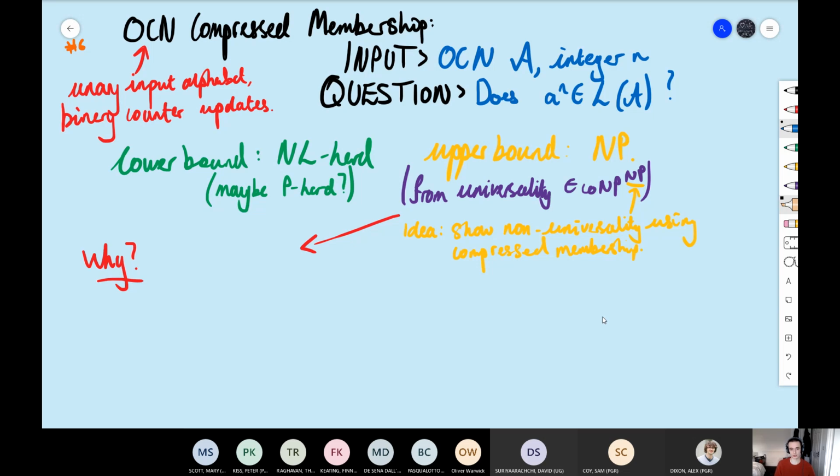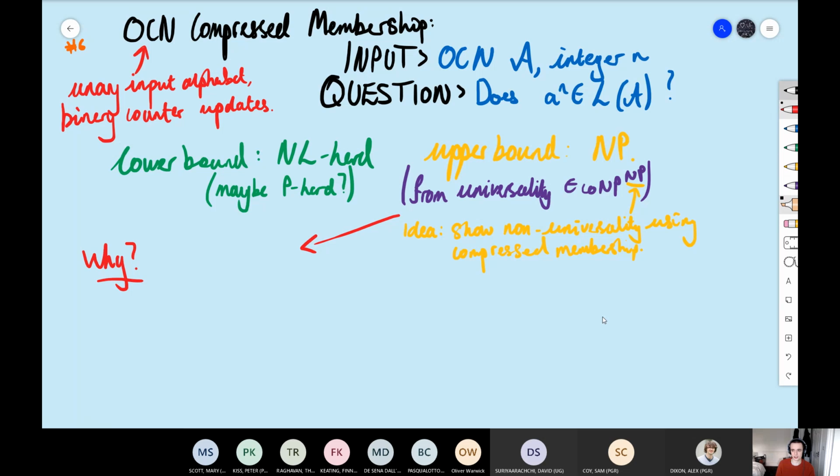So let's look at the upper bound. I've stolen this from the paper that I've been reading about the universality of these machines. The way they showed this result, the coNP-to-the-NP membership, was that you guess a counterexample to universality in the coNP setting. Then you take that counterexample and verify it using an NP oracle. But you need to make sure that the problem of verifying non-membership is actually in NP. So we ask why, why is this thing in NP? That's the question here.